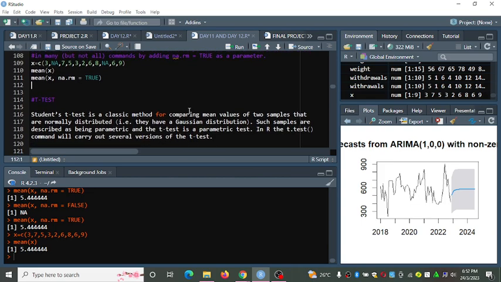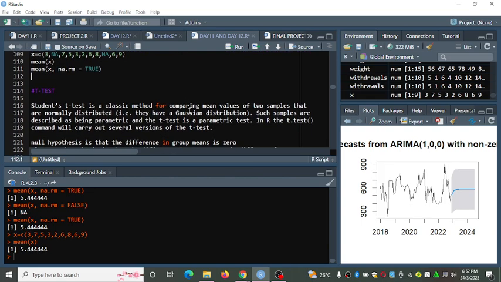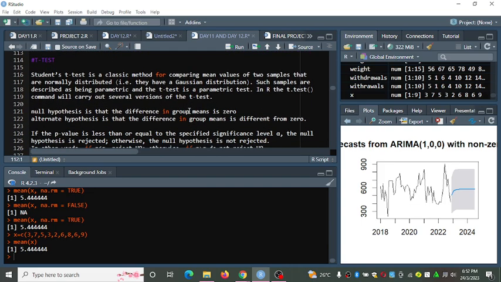From there we can do a t-test. Student t-test is just a classical method for comparing mean values of two samples that are normally distributed, that is, they have a Gaussian distribution.